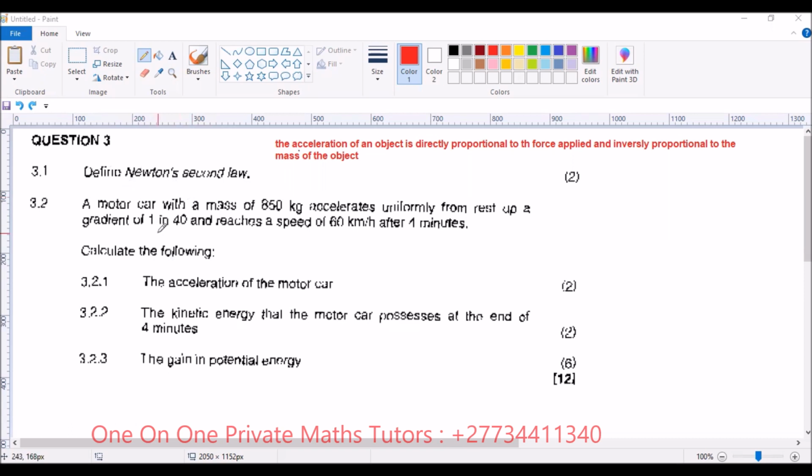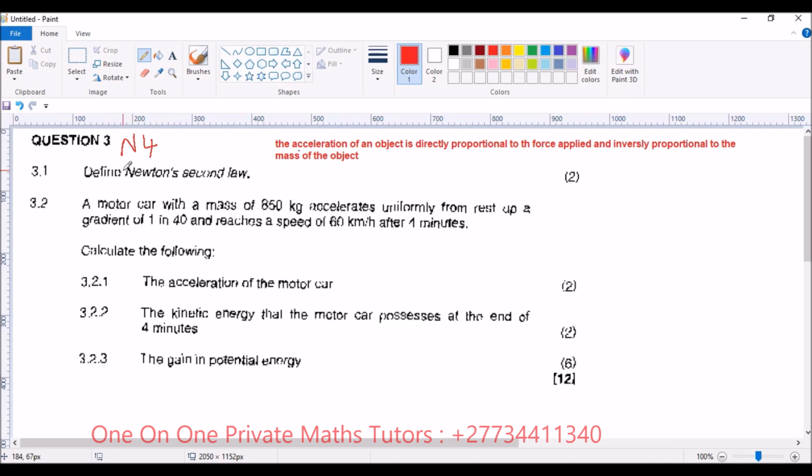So here we are looking at engineering science, which is more like physics, right? These are physics concepts under the topic of Newtonian mechanics. What we are looking at is a question from engineering science, N4 engineering science. Now, these concepts can also be found in grade 12 physical science,